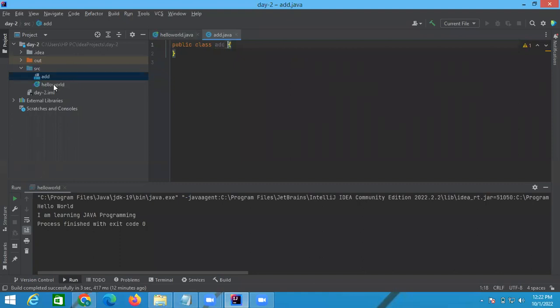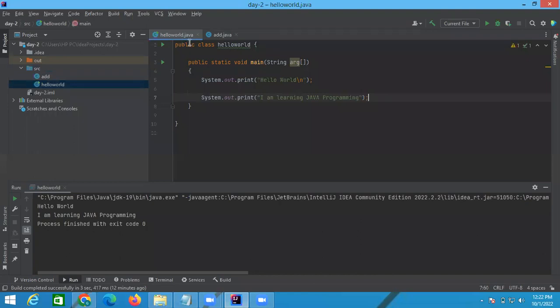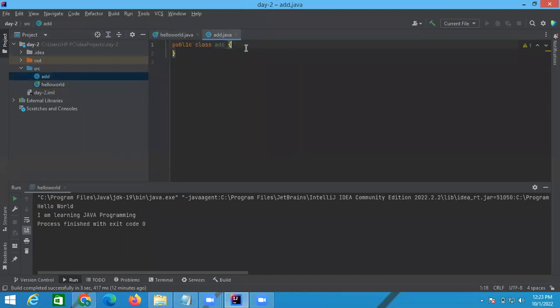Previously we have the HelloWorld class in which we have just used class HelloWorld and the public method, which is default. Inside this main method we are going to print only Hello World and I'm learning Java programming. Now in this Add class, again